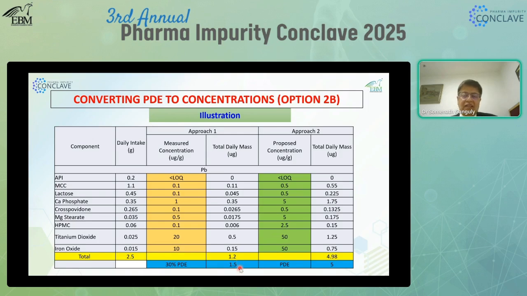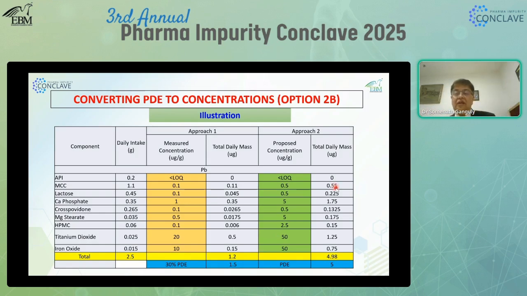30%. So guidelines say if it is less than 30% of PD, you need not check it. So it is 1.2. There is no need to do any analysis. Analysis means any specification exercise, right? But approach 2, this is the